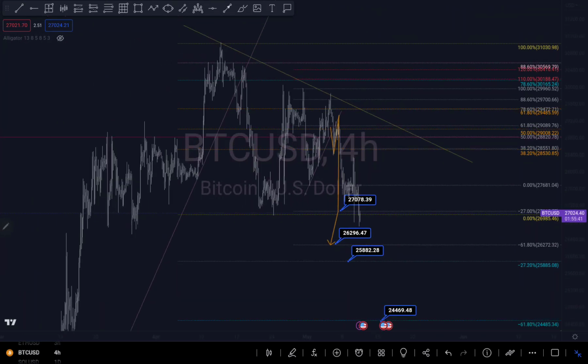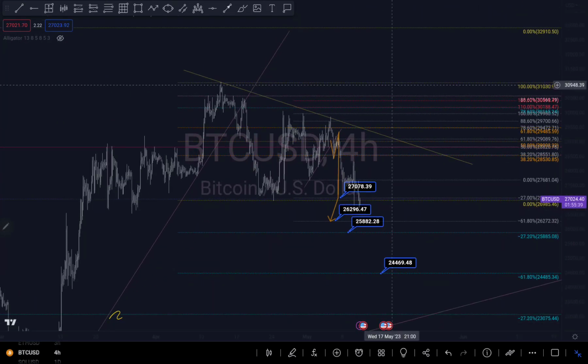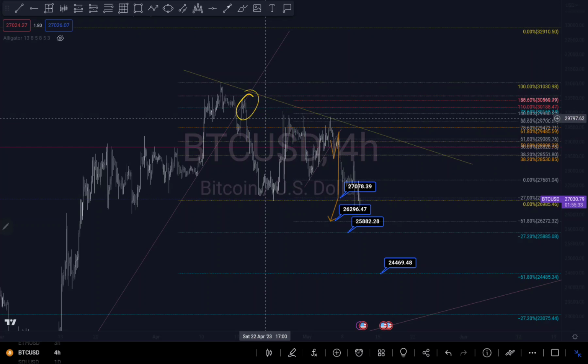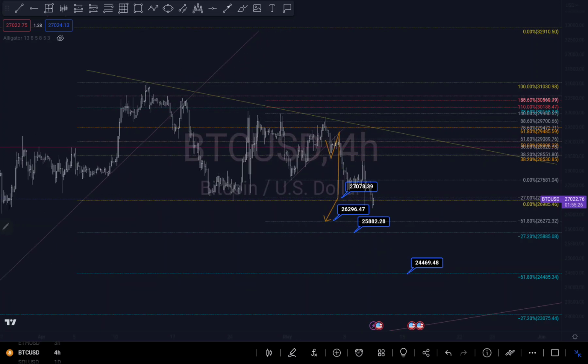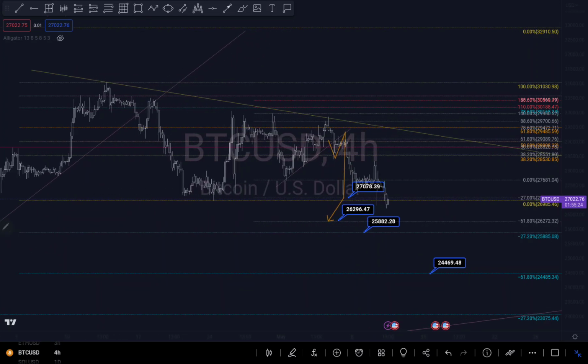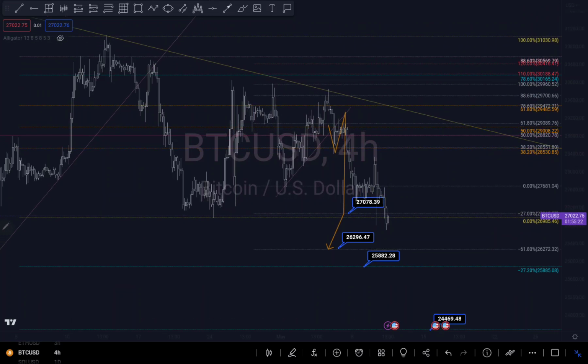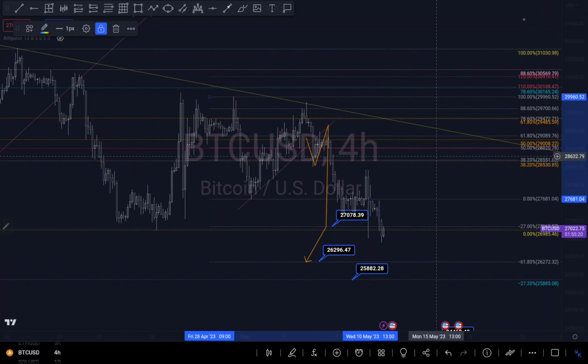And if I zoom in a little bit, we can see the major break of structure was this trend line right here, and it retested the trend line as well. So I see more like an impulse, a correction, and a possible move to the downside. So as of Bitcoin, I'm predicting Bitcoin to drop to the downside, and we can see currently there was a break of structure around this area right here.